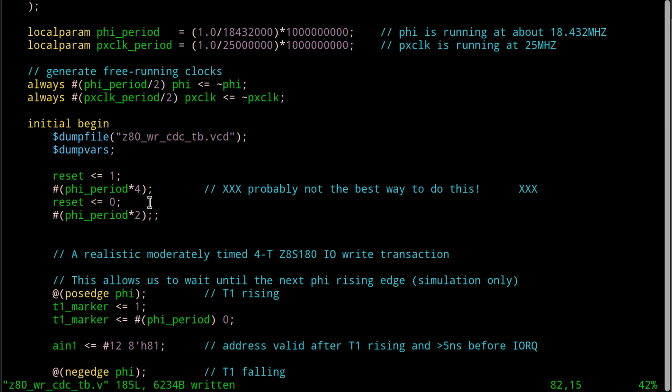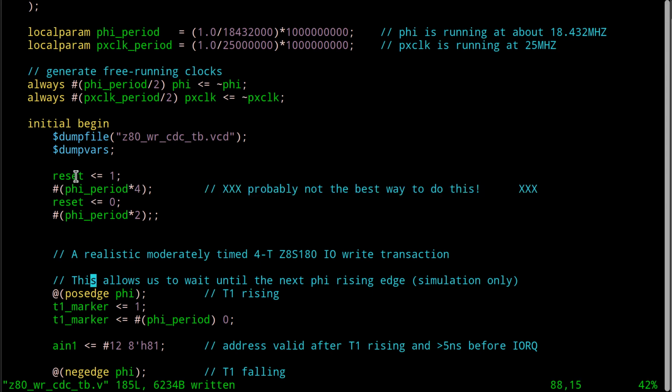Okay, so by using a non-blocking assignment, I can know that while this takes place at some time step, which is going to be 4 periods into my simulation, if that happens to coincide with something else that takes place at that time, I know what the order of events are going to be. Okay? Now, this is probably not a good idea anyway. It's okay, but